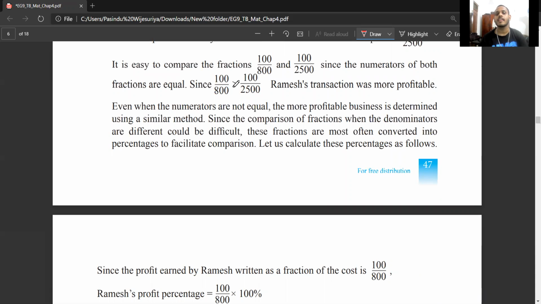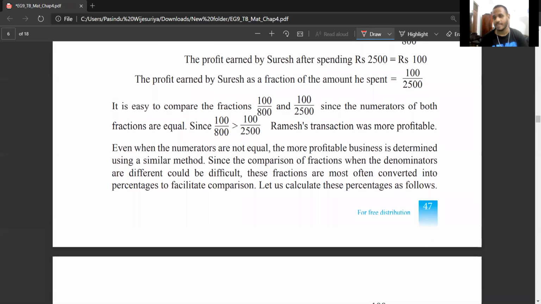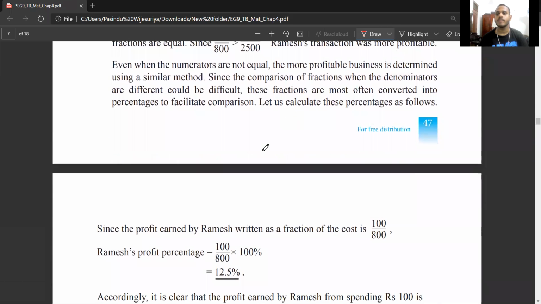It doesn't always happen that the numerator is the same. Here, coincidentally, the numerator is a constant, so it's easy to see which is the higher value. But in different calculations, numerators won't be constants, so it's harder to compare. That is why we are using the method of